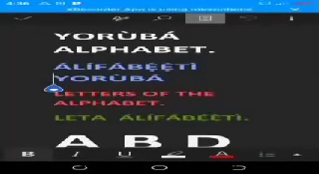Now, the topic Yoruba alphabet has to do with the letters of the Yoruba language that represent each of the sounds in the Yoruba language. Alphabet Yoruba